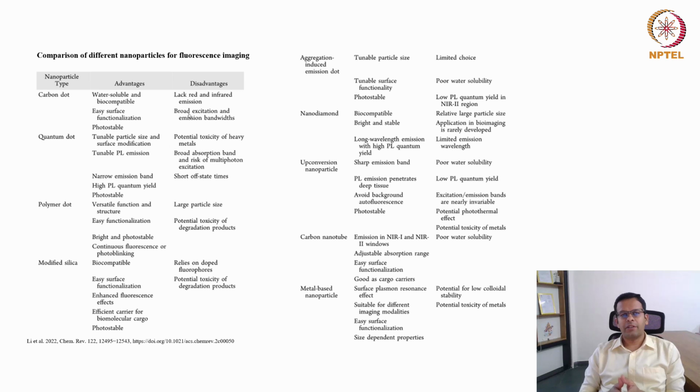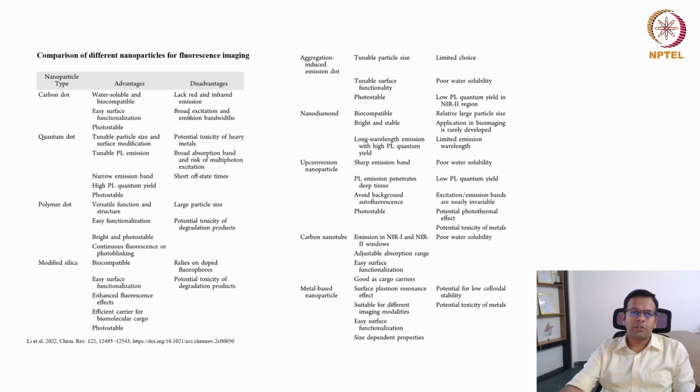Let's say they can be excited from 390 to 500 nanometer wavelength. So in those, even among our fluorescent dyes, there are 2 or 3 dyes which can be easily excited. So they cannot be used for multicolor imaging, but one color you can image for a longer time because they are photostable. Then quantum dots.